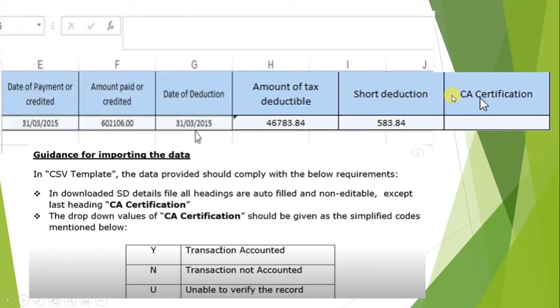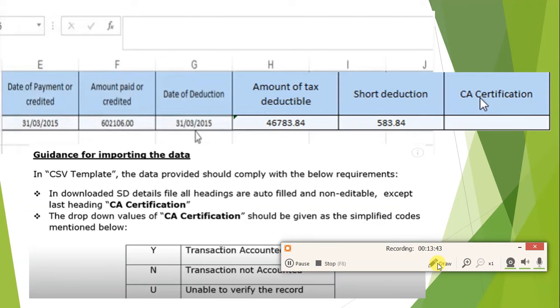Here, friends, kindly ensure that the date format is in the form of slash, not in the form of dash. For example, it should be in the form of 31/March/2015, as shown over here on the screen.